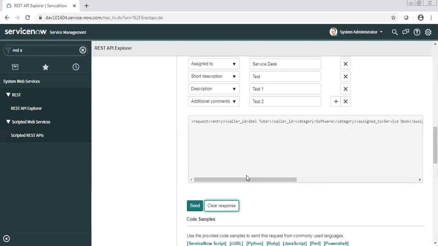Whether you send the response in JSON or something else depends on the capability of both tools. If they are not capable of sending JSON to ServiceNow, then as ServiceNow, when we publish the API, we can accept XML as well in REST API.